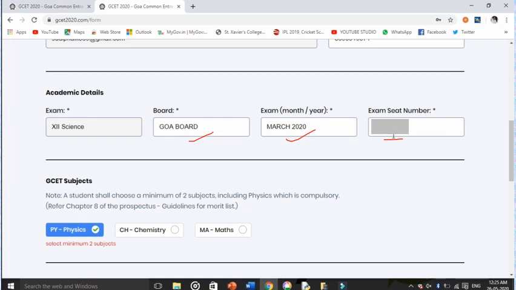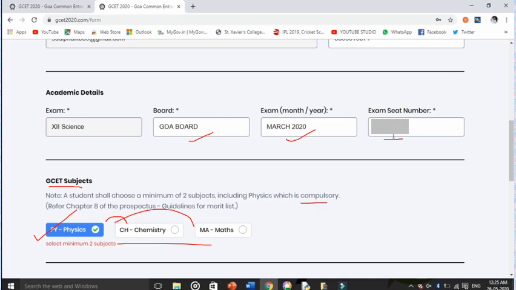After that, the next thing you have to see is you have to choose your subjects that you are going to answer. Now your fees actually doesn't matter. Even if you answer all 3 subjects, the fees is rupees 2000, or you can answer any 2 subjects. But physics is mandatory, it is compulsory. Physics you have to choose.